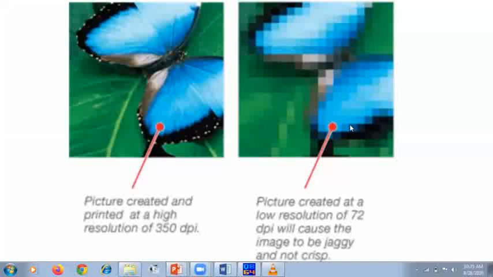As a result, when we zoom this image, we can see it's blurry, right? But on the left hand side, the picture has more dots, more pixels. That's why even after zooming the image, we can see a clear image of the butterfly. Am I clear? What is the consequence of using more pixels and fewer pixels?